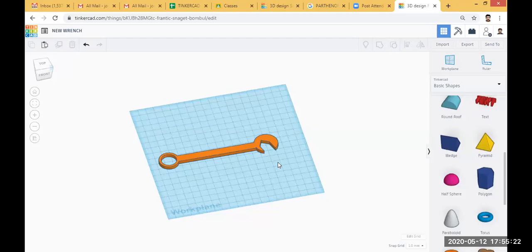So today I have explained the various commands like duplicating, then different viewing options, then how to control the height from the work plane, then how to change the length, breadth, how to change the inclination, then how to use the hole option, then grouping, what do you mean by grouping, then what do you mean by align tool, what is the use of align tool, then what is the procedure for changing the color of your design, etc. So all these things are actually explained.